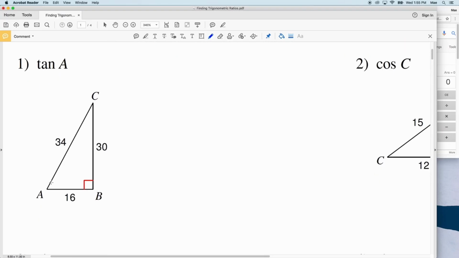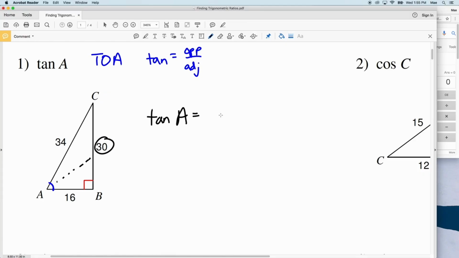In number 1, we're trying to find the tangent of A. A is this angle here. Tangent, remember, TOA is the tangent equals opposite over adjacent. So when you see tangent, think TOA. So for finding the tangent of A, that's going to equal opposite, and what it means by opposite is the side opposite that angle. So that's going to be 30